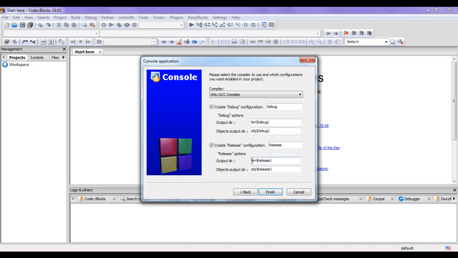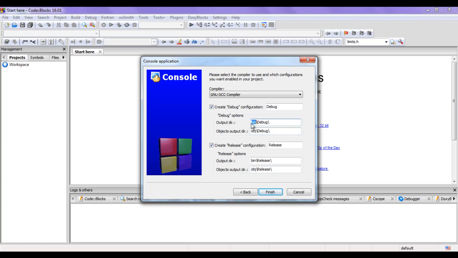I say Next. Then it is telling us to select the compiler to use. I am going to select the GNU GCC compiler, and then choose which configuration you want enabled in your project. I want both configurations enabled, so both options should be checked. When we build and run, it creates 2 folders inside our Hello World folder: the bin folder and the obj folder.